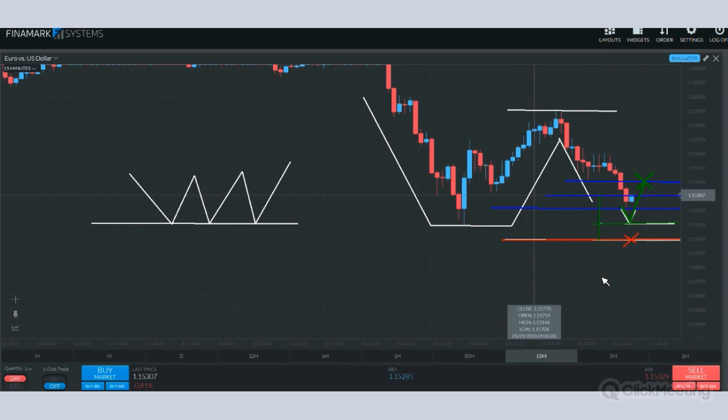You want to stand to make 3 times what you stand to lose per position. You can decide ahead of time that you're only going to take positions, and that's all well and great. But what we need to understand is that how much the market is moving is going to determine, based on how much active volatility we have, the volume in the market right now. All of these things are factors that we have to consider. Even the asset in which we're trading, we need to consider what the current state of affairs is in the market before we execute a position, to have a realistic goal.